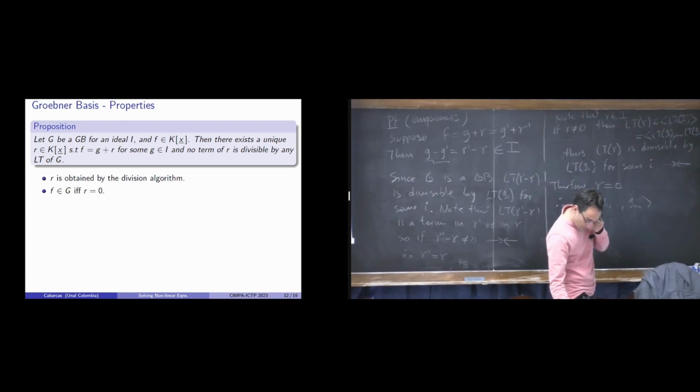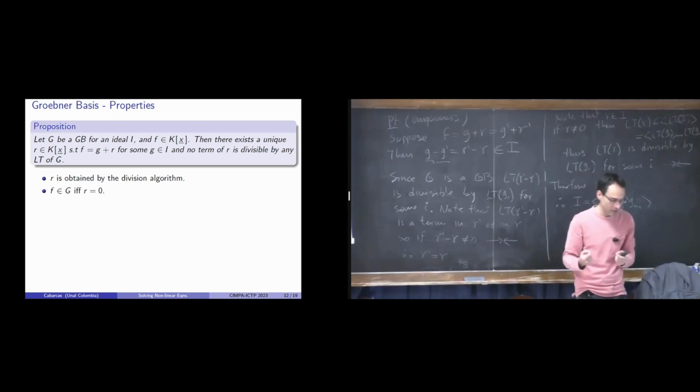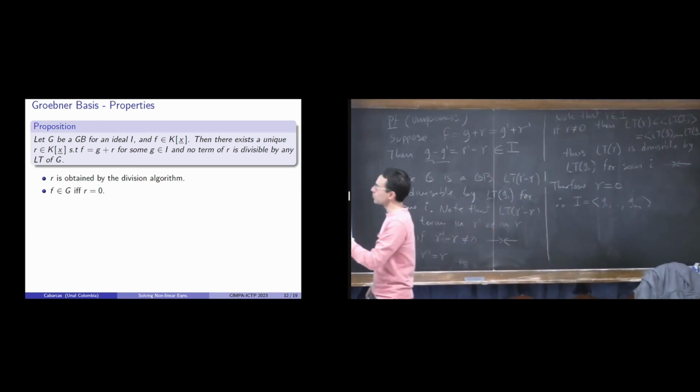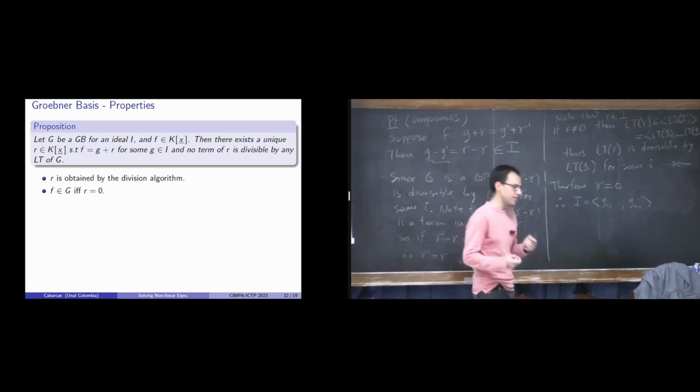So now this R can actually be obtained using an actual algorithm, as I showed before. We have an actual algorithm to compute this, and also now we have solved the ideal membership problem. Like here I meant F belongs to the ideal. Here, what I meant is this should be an I here. F belongs to the ideal if and only if the remainder is equal to 0.